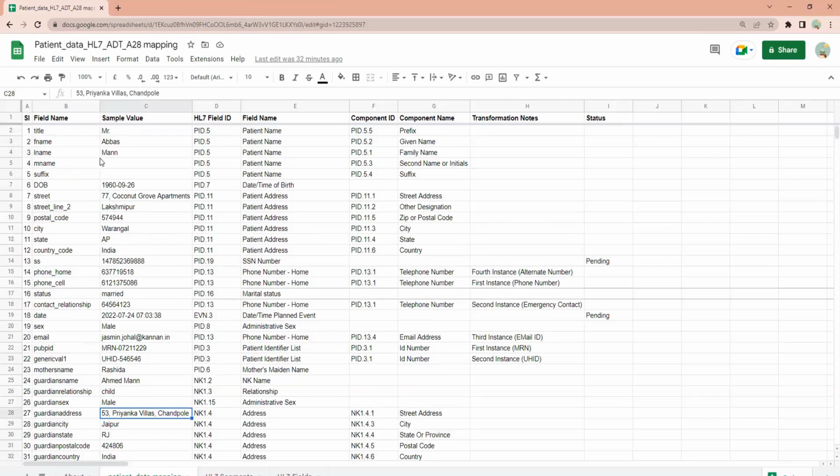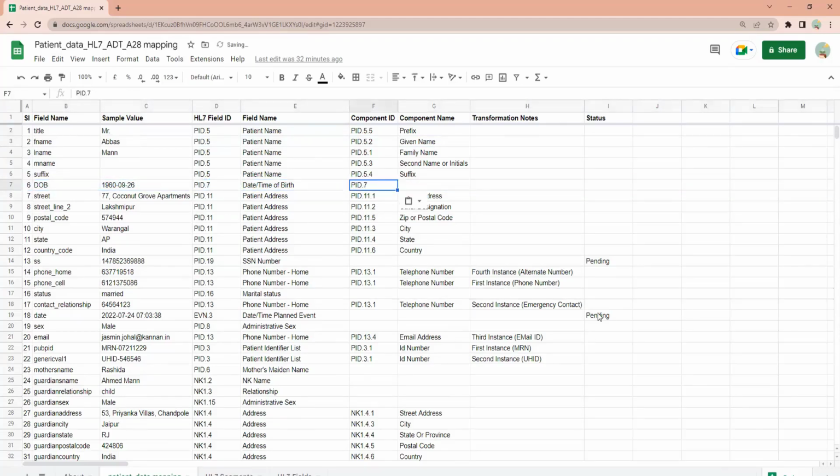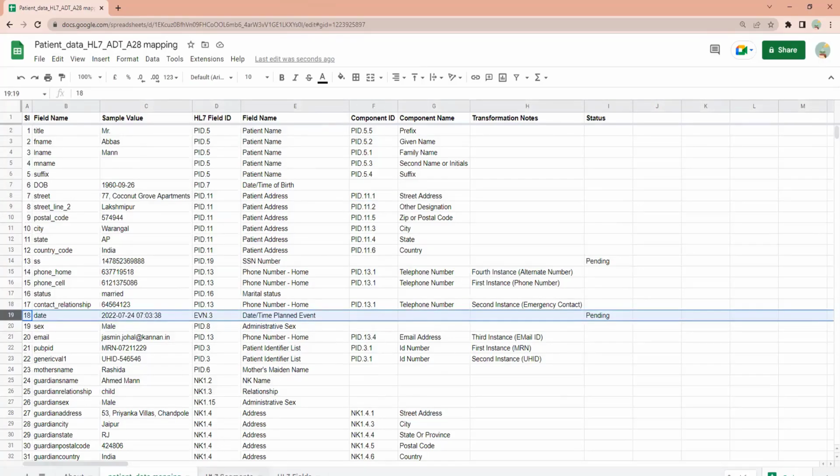I am going to use that as an example of which particular HL7 field it is supposed to be mapped to: which HL7 field, what is the field name and, within that field, which component. Sometimes it will be directly in the field itself, but we all know that even if it is just mentioned in the field, we always have to give it in the first component.